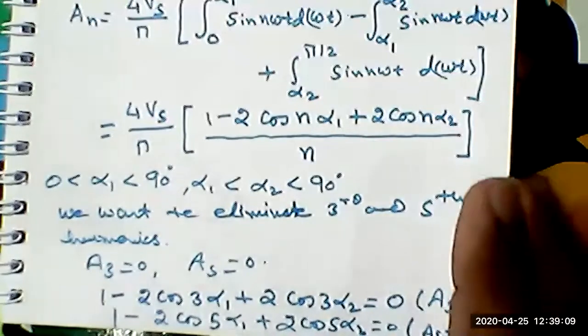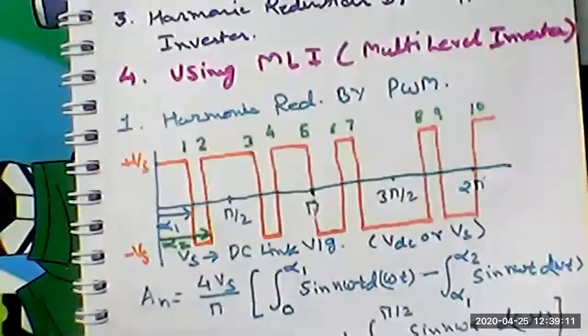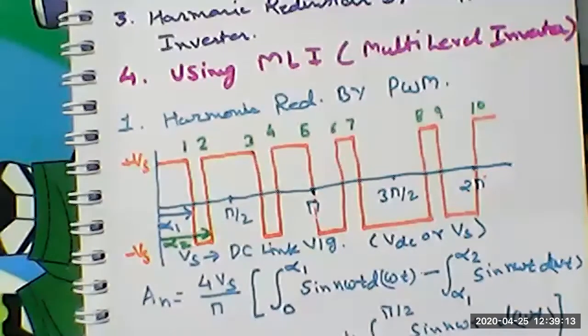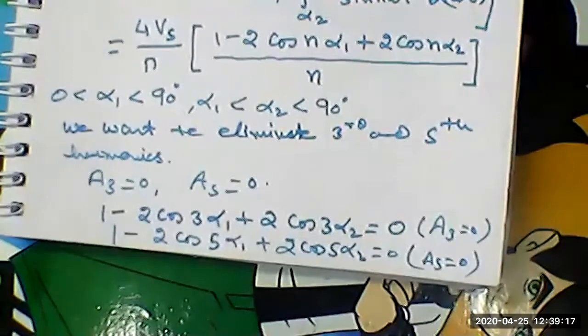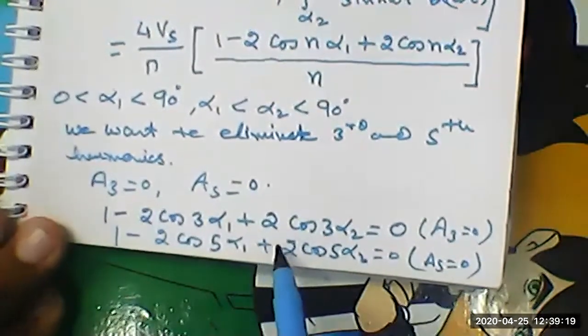Now we have these two equations and two unknowns. These are the equations in alpha 1 and alpha 2. You have to solve for the values of alpha 1 and alpha 2. You solve these two equations, and you will get